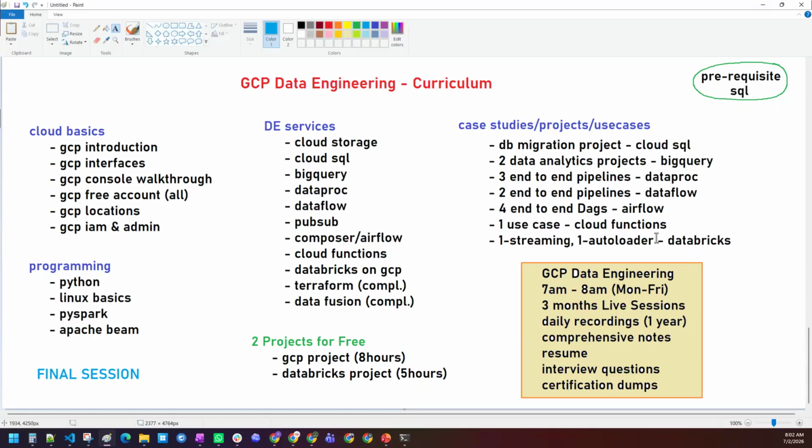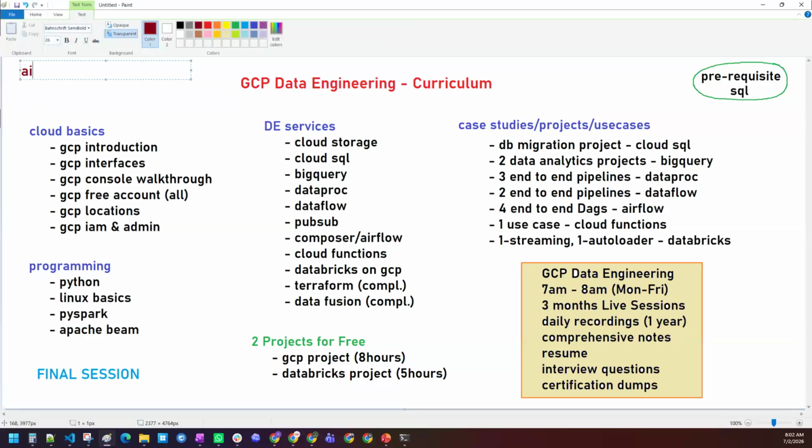No, that's a very good question. Even I thought about it, and from this batch onwards we are introducing AI fundamentals for GCP data engineers. I might not have added it here, I do not have space, but from this batch onwards we are adding ML and AI fundamentals for GCP data engineers. Okay. So there is no problem at all for data engineers. Even if ML comes, AI comes, even if something else comes tomorrow.